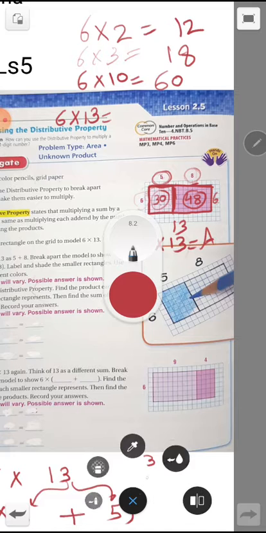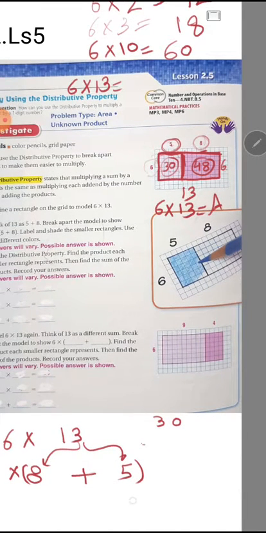30 plus 48, the answer will be 0 plus 8 equals 8. 3 plus 4, if you find it, the answer will be 7. So the area for the big rectangle, or the large rectangle, equals 78, which is the addition of the areas 30 and 48. So the area for the whole, or the large rectangle, equals